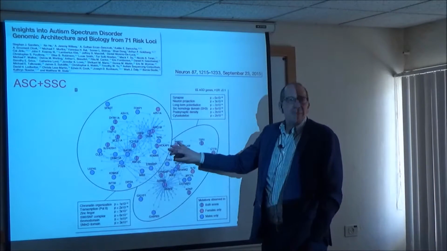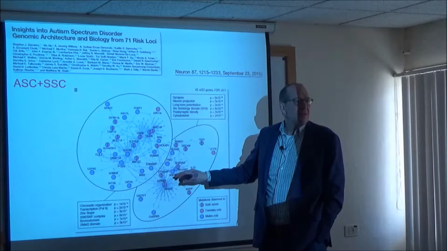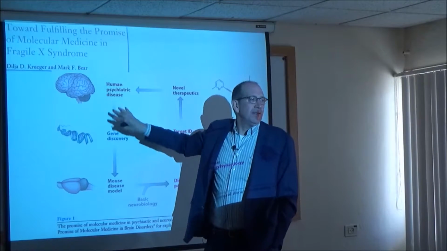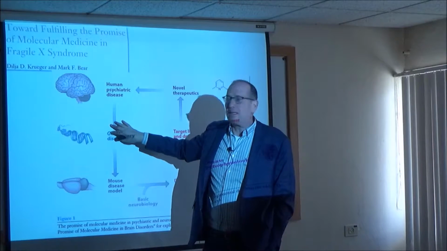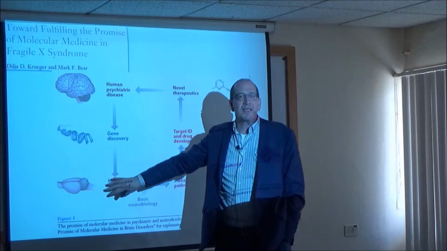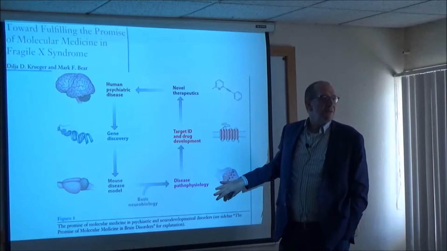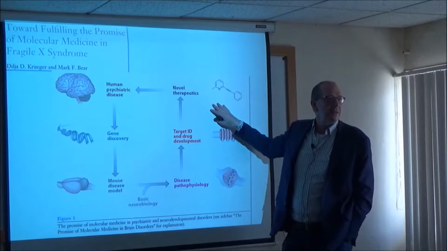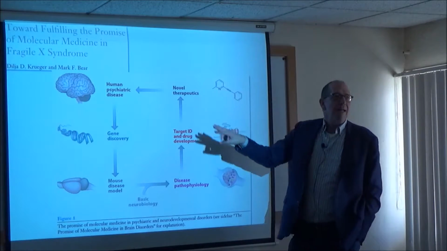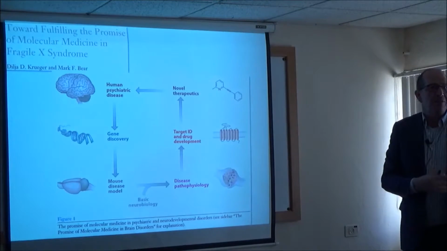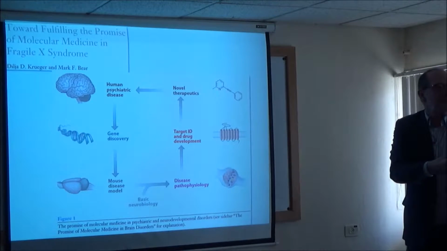So it suddenly makes sense now to look at these genes in model systems in a very specific way. Right? And that idea is if you have any disorder and you have a gene or any other cause, you can then maybe model it in a mouse or a stem cell and understand something about brain pathology, which is hard to do in patients, obviously, and then maybe come up with novel therapeutics. Right? So this kind of circular path that was tried in Fragile X has become quite attractive in these disorders where you have a gene of major effect.